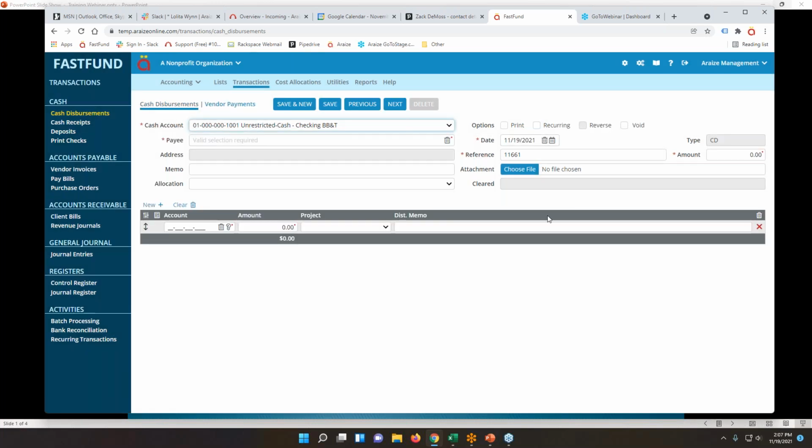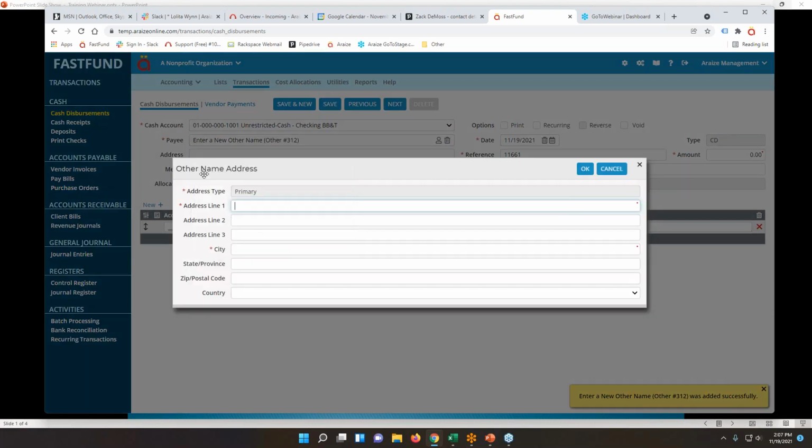So let's enter a cash disbursement. Enter the payee. You have the ability to add new other names on the fly from cash disbursements. So if I enter a new other name, it'll say no results found. If you want to add this, you click on enter a new other name, and that name will automatically be added to your other names database. You can add the address,